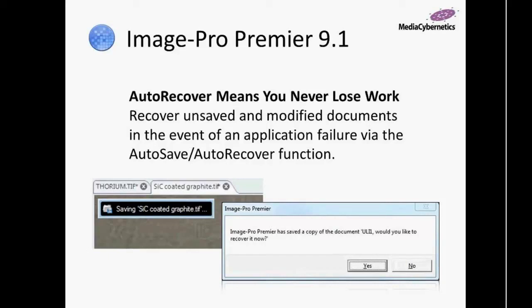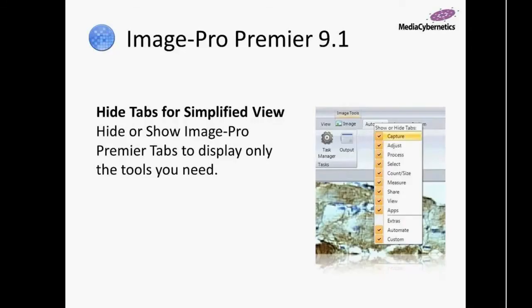Definitely a message you don't want to ignore. Make sure you hit the yes, and then it will recover all the files that it's been saving out temporarily. Really excellent feature for anyone using software, something that hopefully you won't have to use, but if you do, you'll be happy it's there. Now, talking about customization, it's always important that when using software, it's able to tailor itself